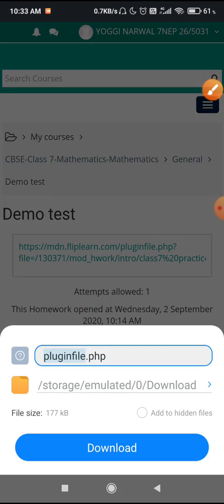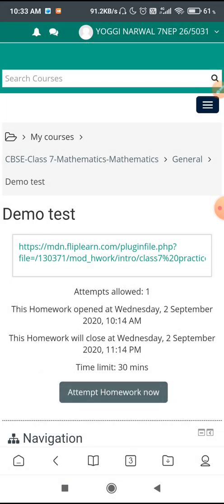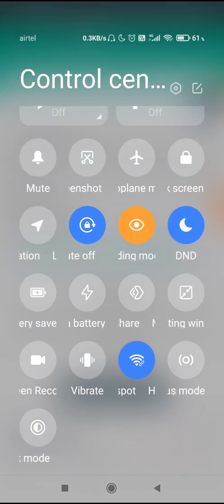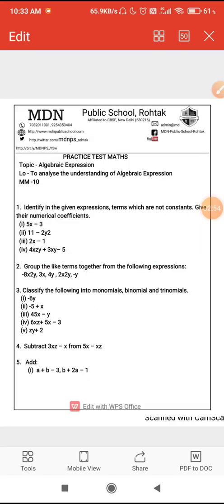When you click on the link, you can download your question paper. Sometimes it is downloadable, and that depends on the teacher. If it is possible to download, the teacher will allow it. This is the download file. From here you can take the question and solve it. That depends on the teacher's setting, whether the document is only a link you can see or you are allowed to download. Here I have done a download. From here you can see the question and then solve.